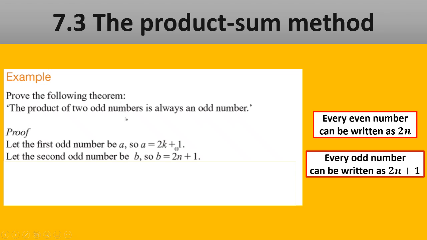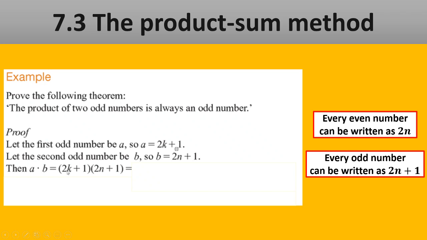The product of two odd numbers can be 3 and 3, or 5 and 5, but they can also be 3 and 7, or 3 and, for example, 9. So you can't say 2k plus 1 and 2k plus 1. You must use a different letter here: 2k plus 1, 2n plus 1. Or 2k plus 1, 2l plus 1. Doesn't matter. So now we can say that a times b, the product of those two odd numbers, is going to be